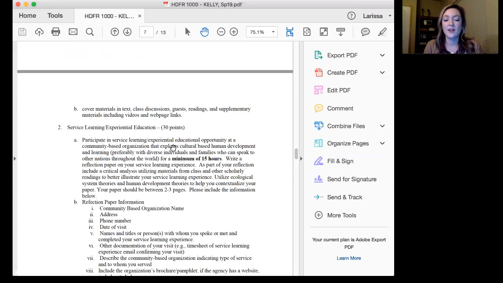And we'll kind of get into that more later. I will make a whole video about this paper, but just know that we will be asking for 15 hours from you. So maybe start thinking about some ideas early on. I will also be posting about events that are going on around campus or down in Denver. I also live in Fort Collins, so there are some local opportunities up here if any of you feel like coming up here and helping volunteer.